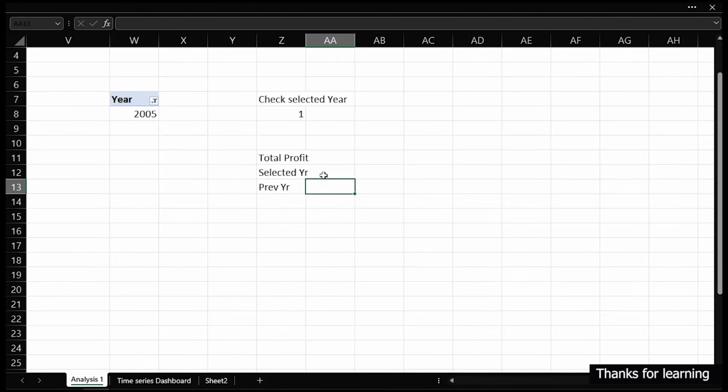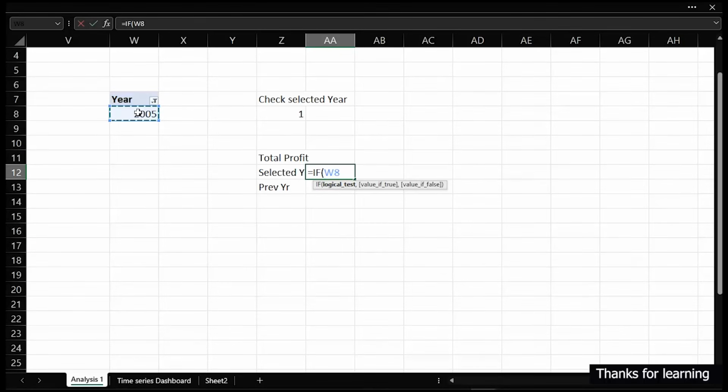Now for the selected year, it's very simple. The selected year is actually equal to 2005. I would like to use the IF function to say, if this particular